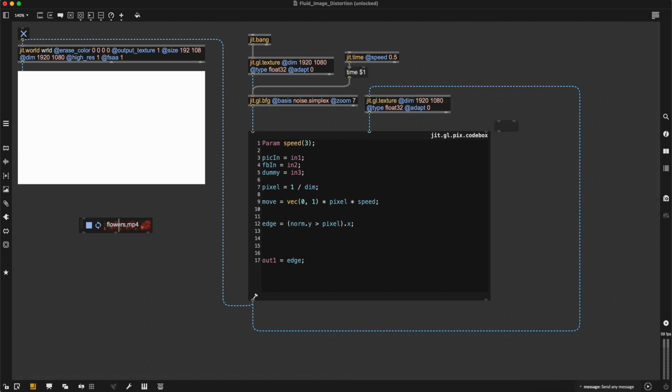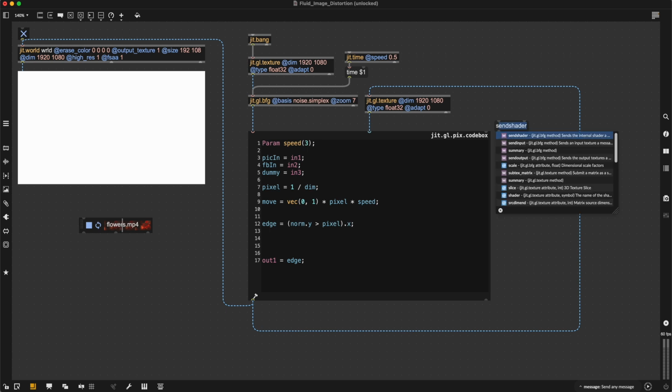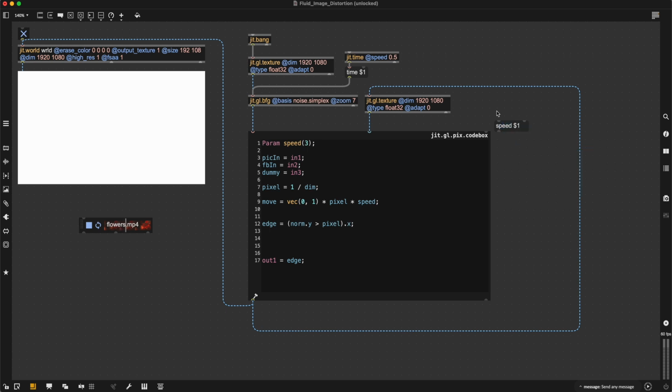And then I can create a message out here that can then access this speed parameter. Still nothing happening, so we can now implement the